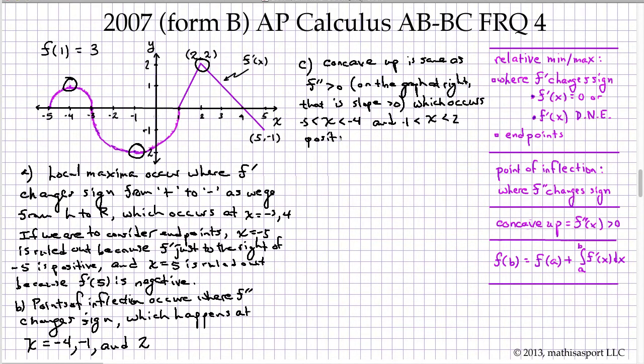So let's write that. Positive slope is the same as f prime greater than 0. And in this graph, I'll just say on the graph at right, where height is positive,